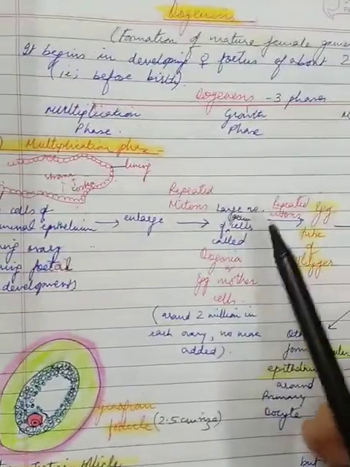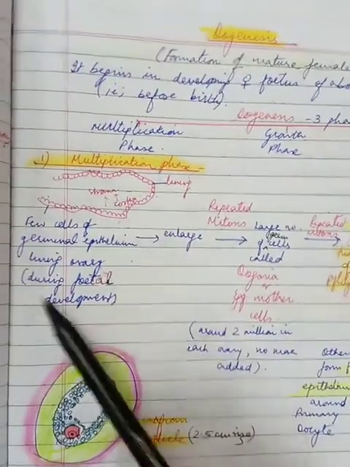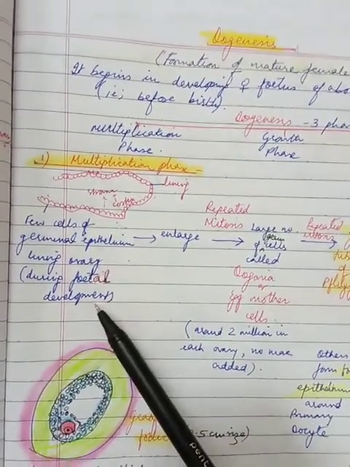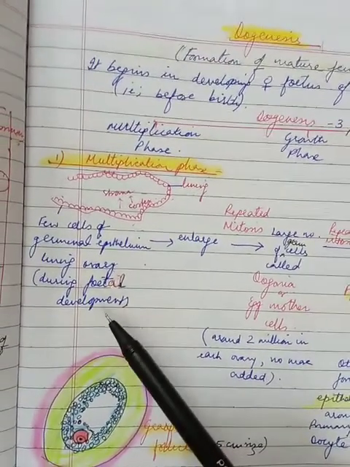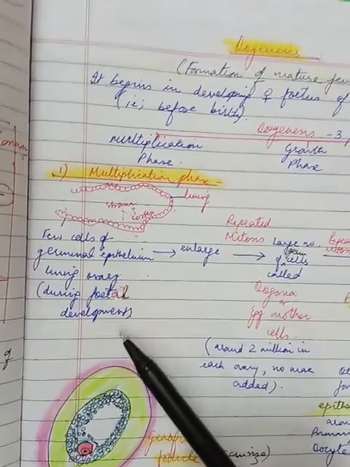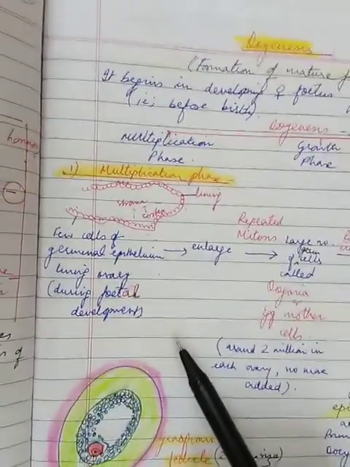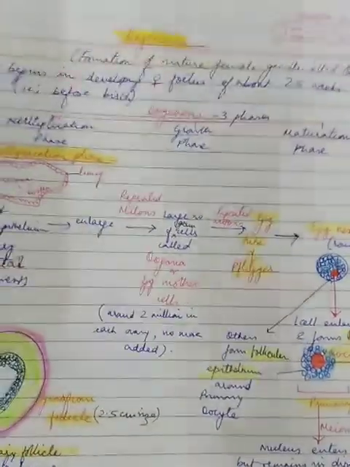So in the initial part only, children, we can see one difference. This is taking place in a female's body at 25 weeks of development, when the child is still in the mother's womb. In contrast, spermatogenesis starts in a male's body at puberty, that means around 13 to 14 years. So this is the first difference to compare. So let us see what happens further.